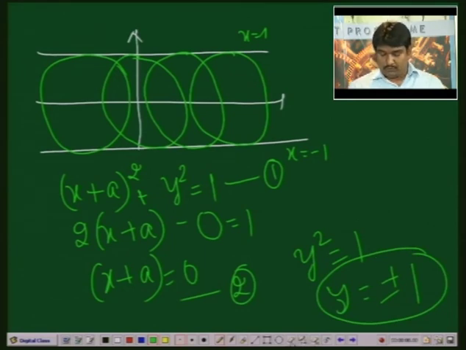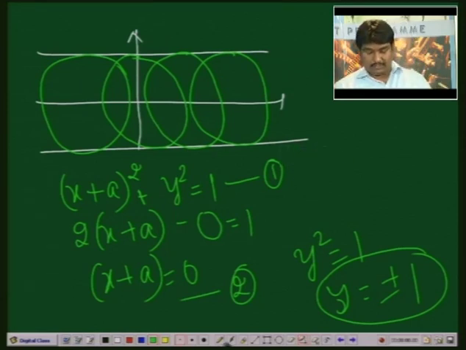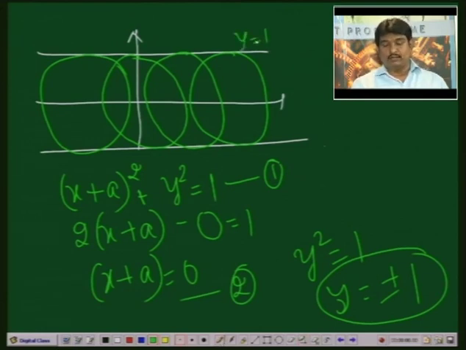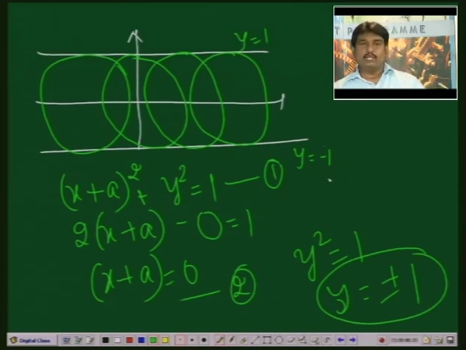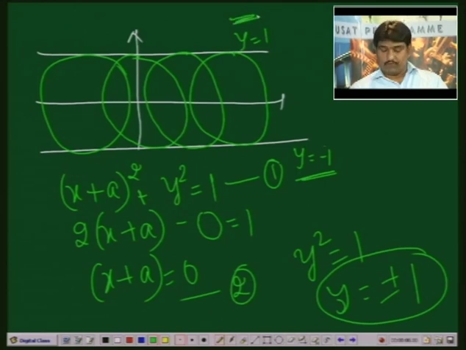And as you know, this is not x equals to 1 line, this is y equals to 1. X is not fixed there, x is varying. Here also x is not minus 1, x is varying. What is fixed here? Here y is fixed, y equals to 1, the line y equals to 1 is fixed, and here y equals to minus 1 is fixed. These two lines are fixed here. And this y equals to minus 1 and y equals to plus 1 are the singular solutions as we have got from this equation.